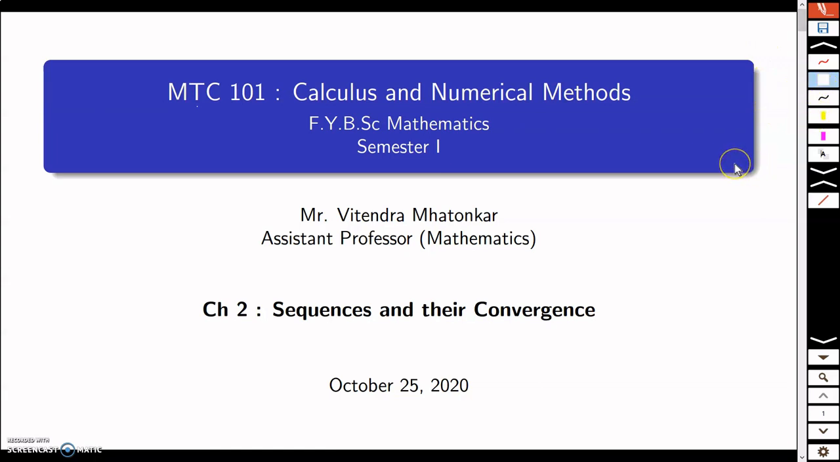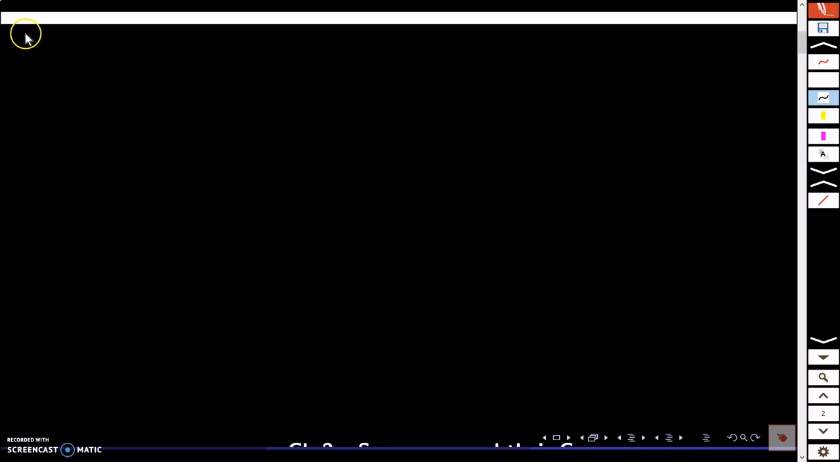In this video, I will be continuing with the properties of convergent sequence that I started in the last lecture. So in the last lecture, we proved three important properties of convergent sequence. So let me start with the fourth property. So that's a continuation of the previous chapter. This says